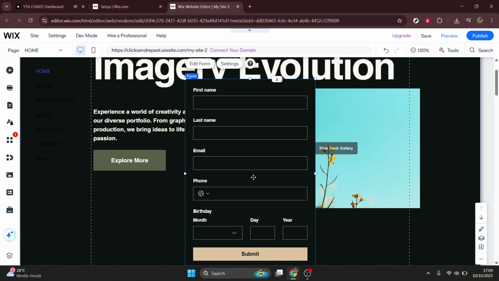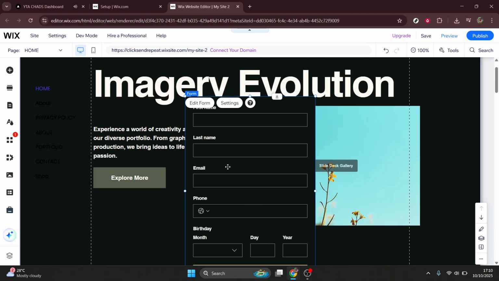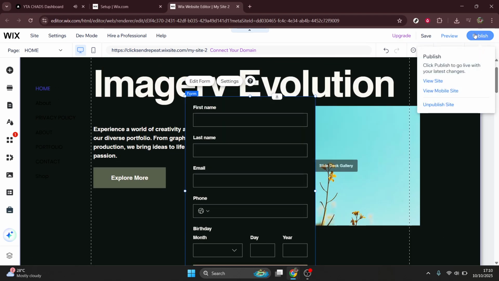Lastly, let's make your form visually appealing to match your brand. Click on the form and choose Design. You'll be able to change the font styles, button colors, field shapes, and even adjust background and spacing. If you want a